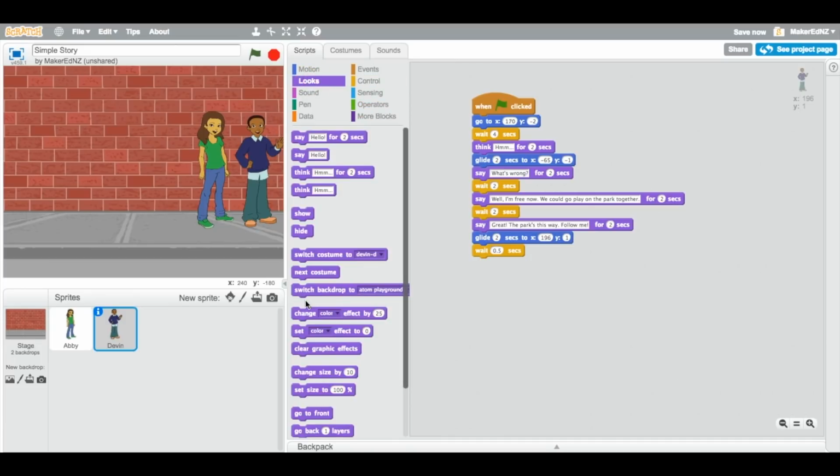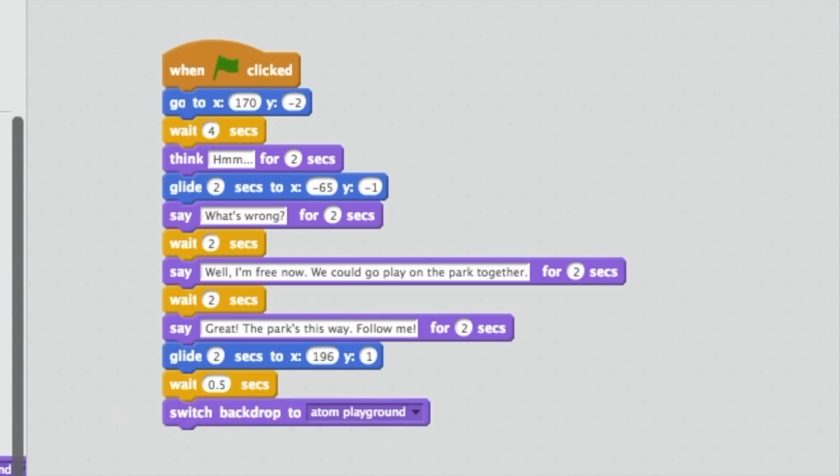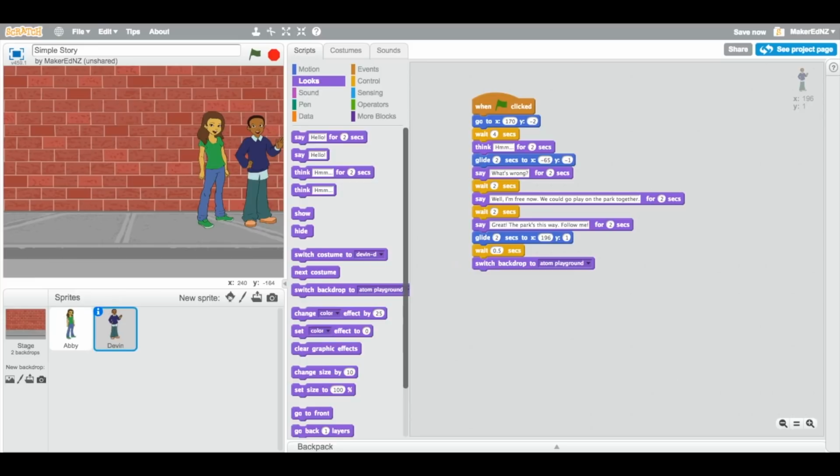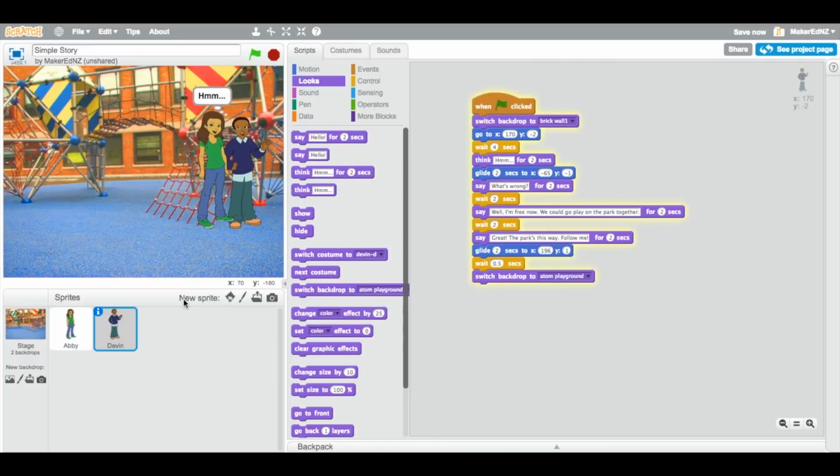So I go to looks, and at this point, I will switch to atomic playground. Now, what's really important is if our story ends at the atom playground, we need to go and actually, at the beginning of the story, switch backdrop to the brick wall 1. So when it switches to the backdrop atom playground,